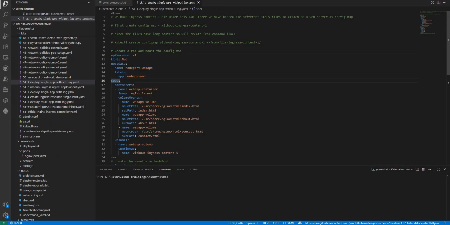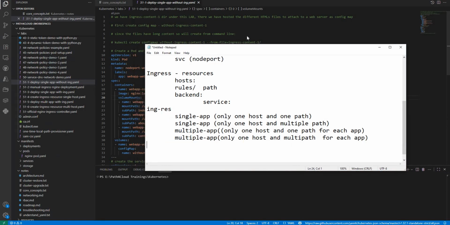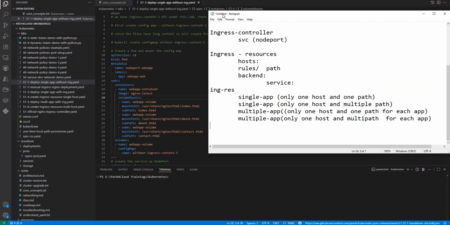Now, I was talking about the issue: every portion of my application is sitting inside one container. If something goes wrong with that one container, everything goes away. If I need to update the about.html, again, I need to take my application down and update it, right? Whereas if this portion were running inside, let's say, a multi-services setup,